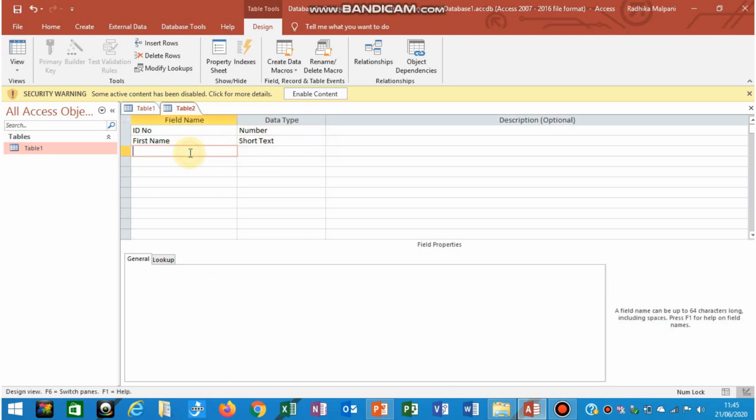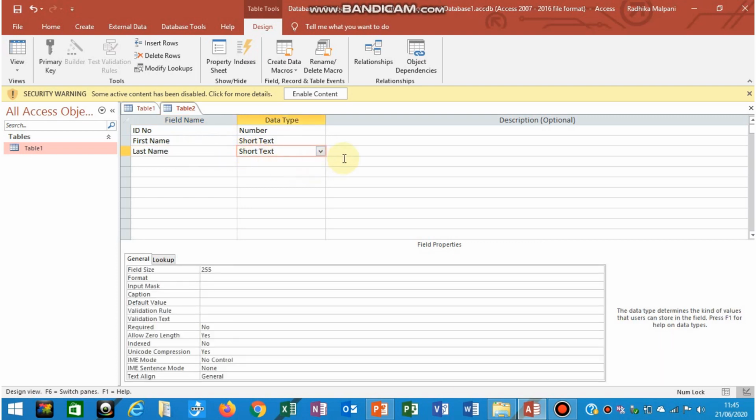One word. Fine. So to add the next field, again click on the row below the first name to make that cell active. So here the third field I am adding as last name. Fine. Now again the data type of that last name will be short text only.